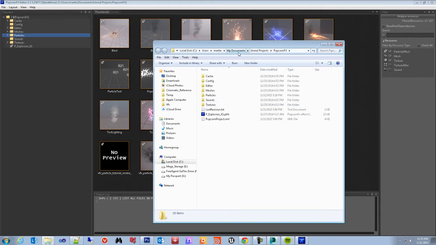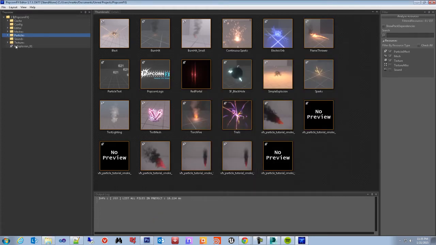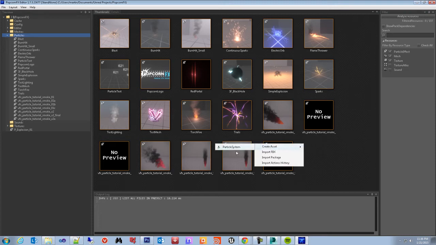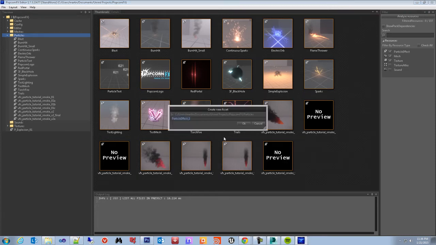So in my case, I created my project under the Unreal projects. Here's the PopcornFX one, and as you can see, all of these directories and files are the ones that I have right here. So what I'll do is I'm just gonna right click here, create asset, particle system, give it a name,